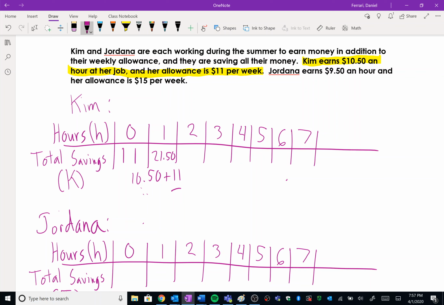Instead of just 1 hour at 10.50, it's going to be 2 hours at $10.50 an hour, and then plus our allowance of 11. If we work that out, 2 times 10.50 comes out to 21, and then plus 11,